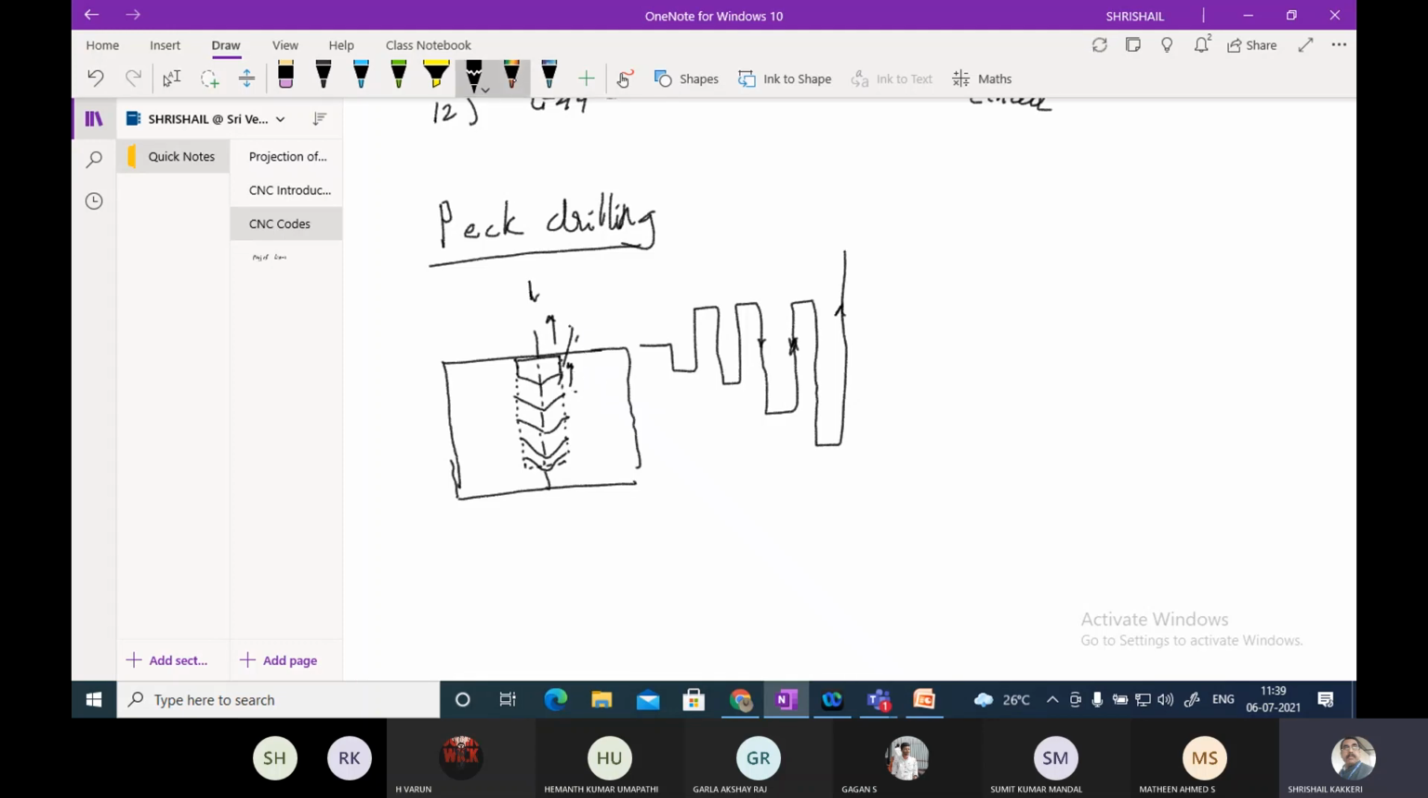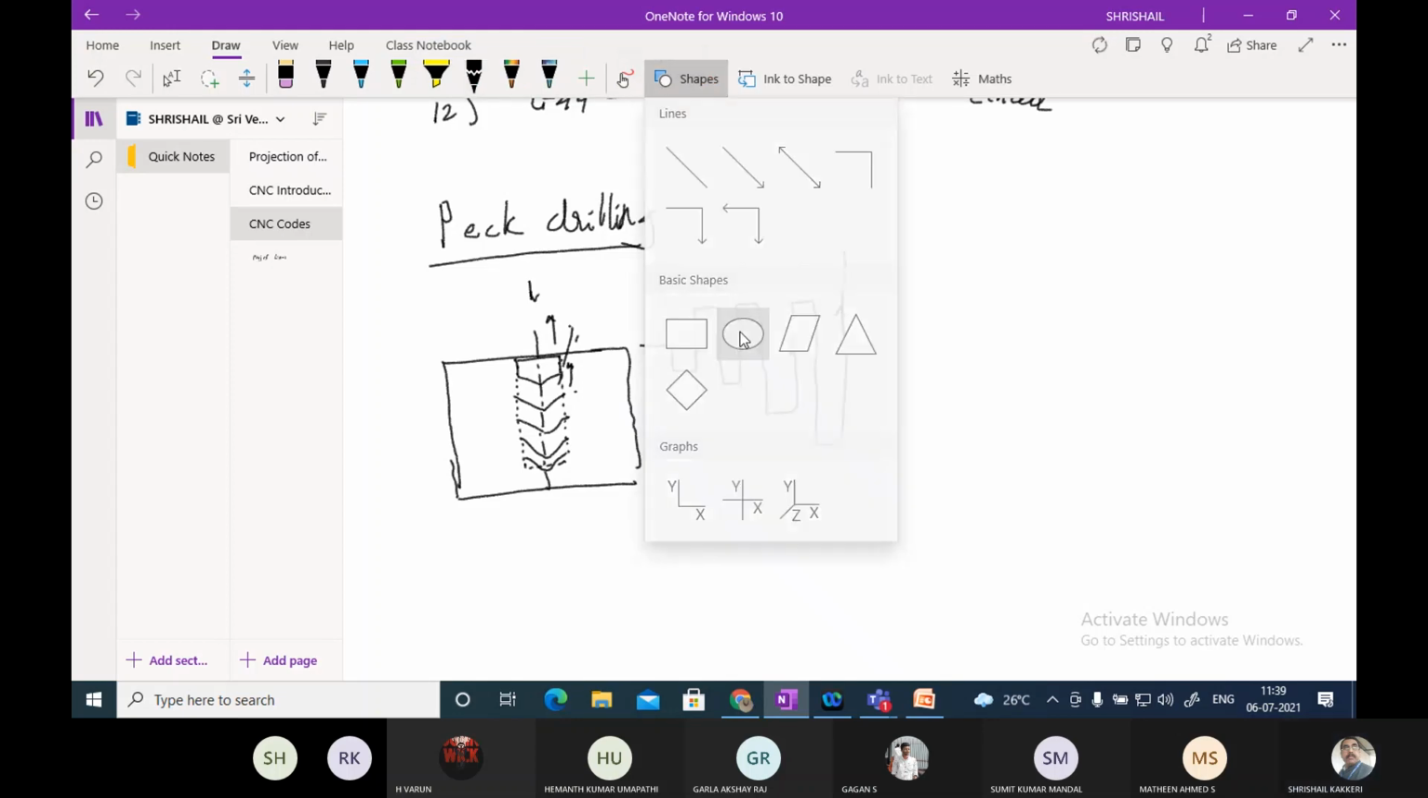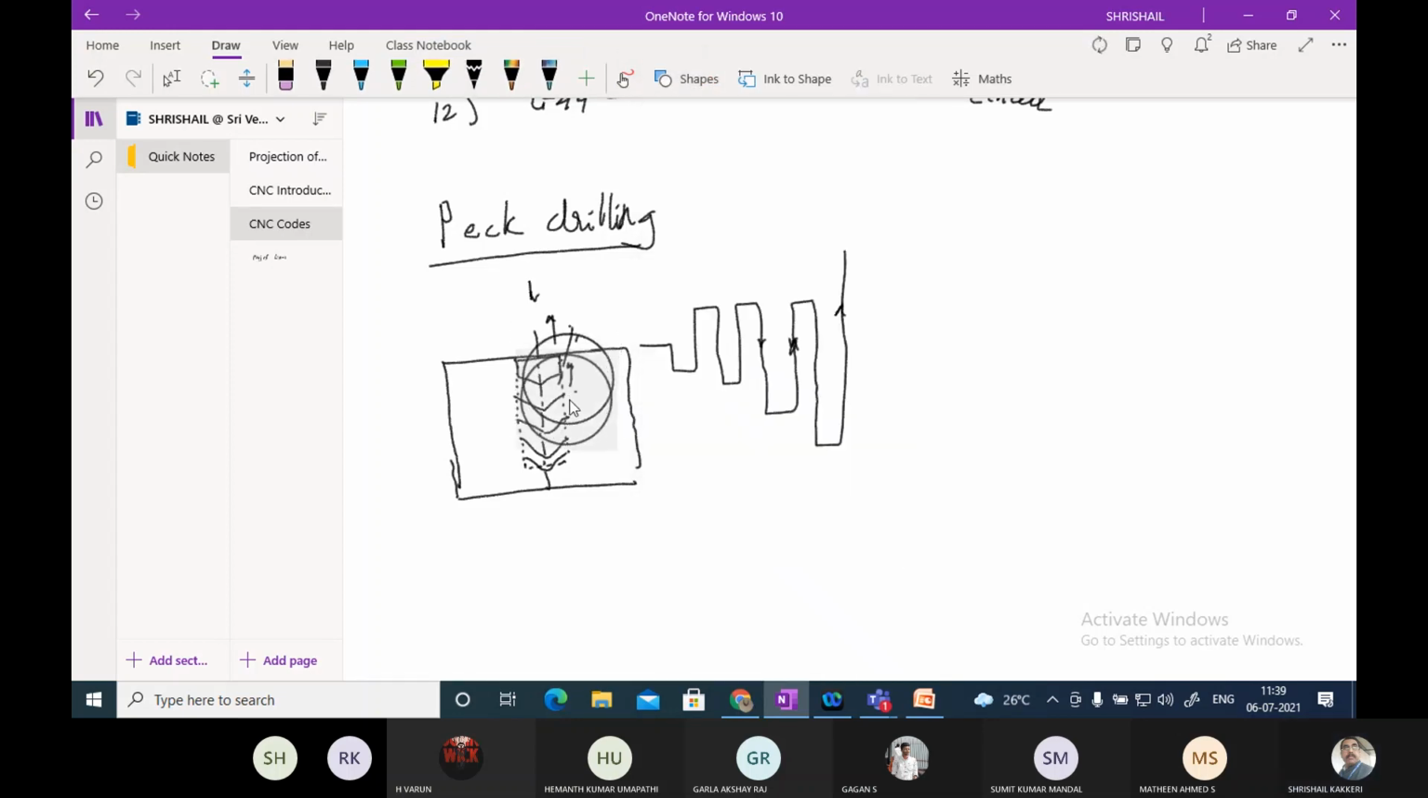Just see here, I am going to show it. Look here. I am moving up to here and again going back. Coming up to here and again going back. And coming up to here and going back. That is how I am going to do the peck drilling. While doing this peck drilling, what happens? The chips formed will be discontinuous and the tip of the tool will not